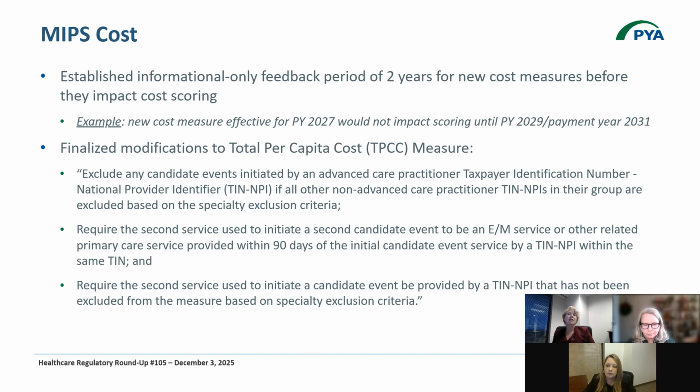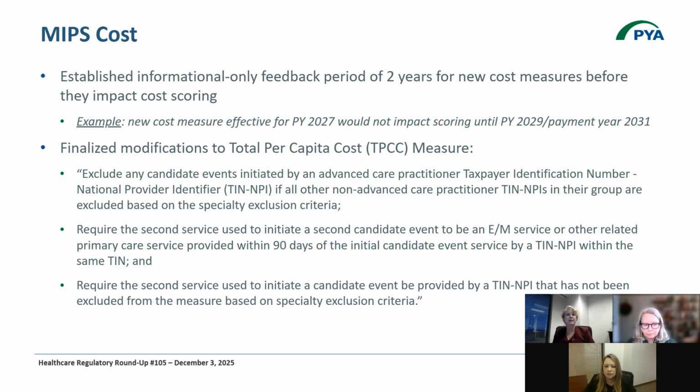As you see here, specifically, they are excluding some candidate events that are initiated by APPs within a taxpayer identification number, a TIN, and an NPI, a National Provider Identifier combination, if all other non-physician advanced care practitioners in their group are excluded based on the specialty exclusion criteria. So there was some noise, I think, between complements of physicians and non-physician practitioners,